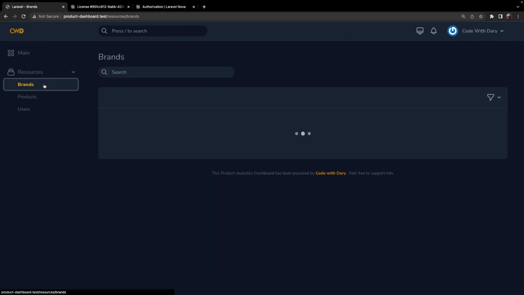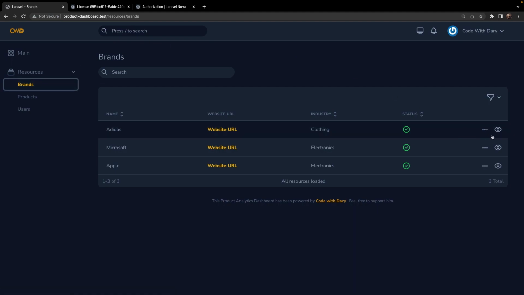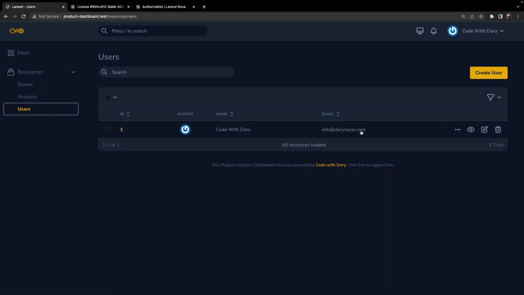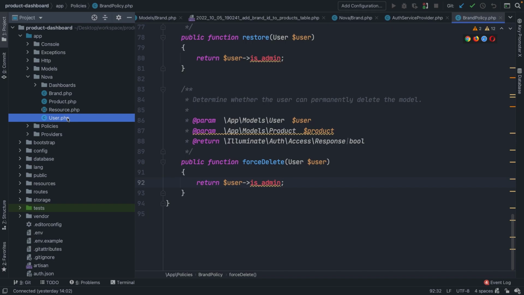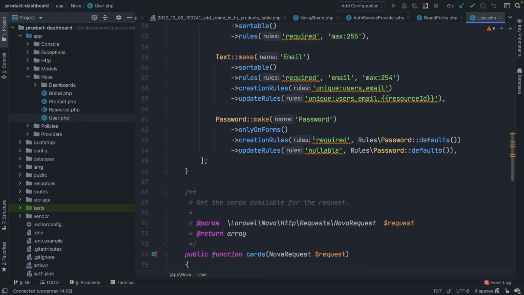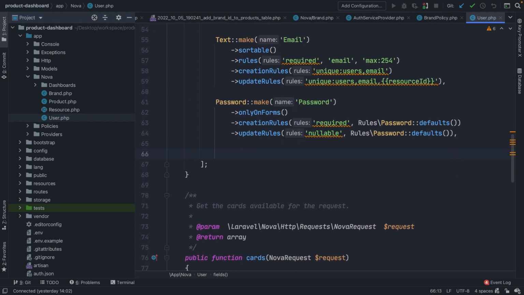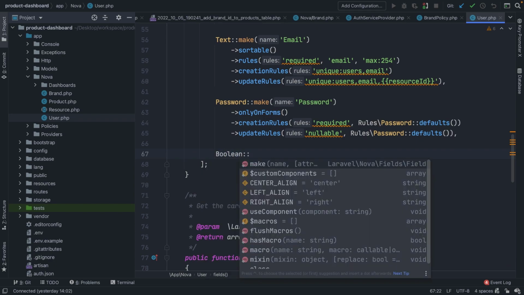Let's click on brands, and right here you'll see that the options are not visible right now, which basically means that a user that is logged in is not an admin, because by default we have set that the user is not an admin, so we need to change it manually right inside of our user's resource. We could also manually change it inside our database, but I personally think it's easier to just add a new field type right here. So let's navigate to PHPStorm, open the user's resource, scroll down, right below our password field type, let's create a boolean with the name of